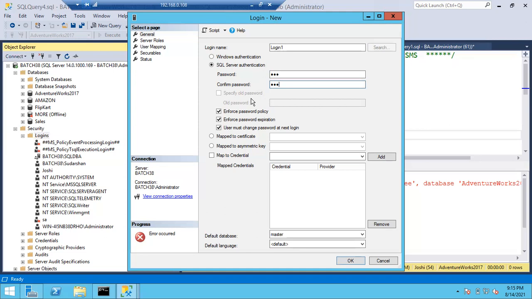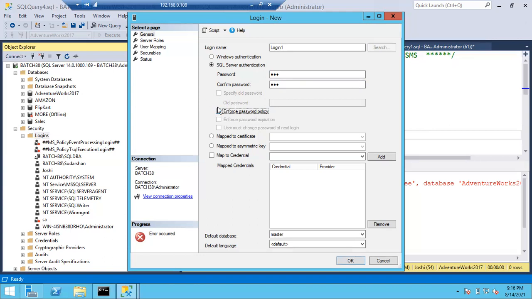Okay, right, fine. So I'm giving a small password, 123 password. It won't accept it if I check this policy, enforce password policy; it won't accept small passwords, and that's why I'm unchecking this policy. In the organization, don't uncheck this policy. I have to log in every time, right? So instead of giving a big password, I'm giving a small password, 123. If the password policy is there, it won't accept a small password. Only if the password policy is not there can we create a small password. So that's why I'm unchecking this.